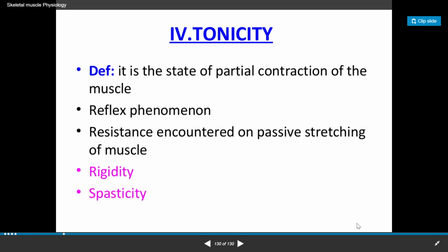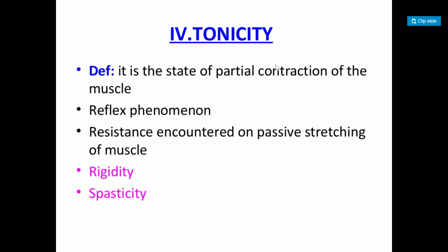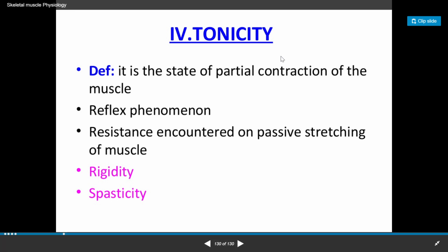The A band will be the same width, whereas the I band and H zone will get shortened. That you should know very well. The sarcomere is also reduced in length. The A band does not reduce in length, but the I band will get shortened. These are the things you should know, and some clinical aspects. What I told you about electromyography and rigor mortis, you should remember.